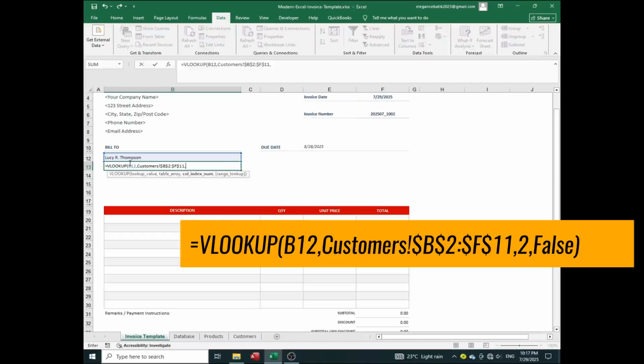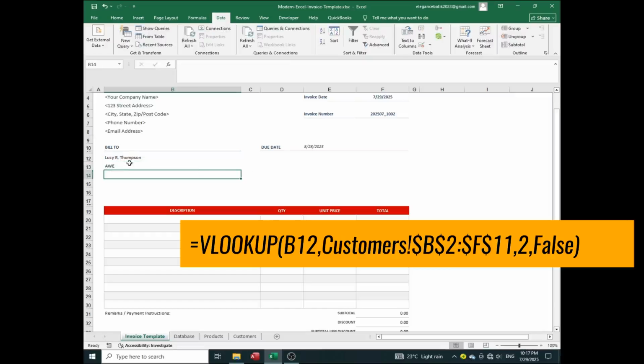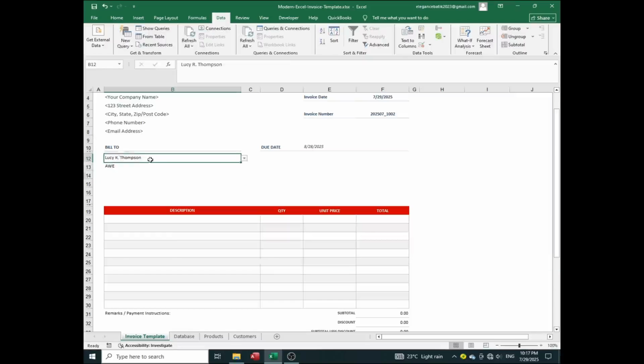Then we need to get what we call company name. Then press 2, then again comma, then false. Then close the bracket. Now enter. Then save the process. Now you see, once we select the customer name, then the address of the company name changes